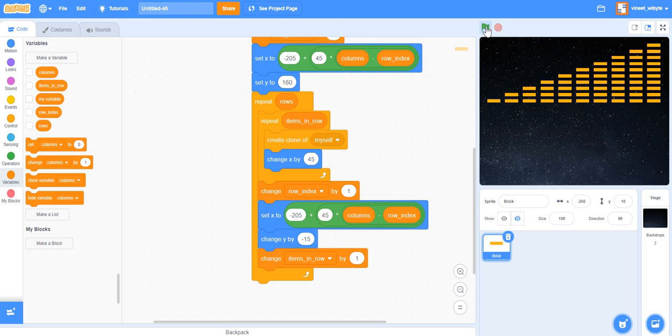Perfect, right? So I get a totally different pattern. So the point here that I'm trying to highlight is that when you are building, let's say, a brick breaker game, obviously you can start with the most basic thing, which is placing the bricks in a grid. That's fine, right? However, with just this simple loop and using a little bit of programming and logic, you can create so many patterns, right? In fact, the possibilities are many, many more.